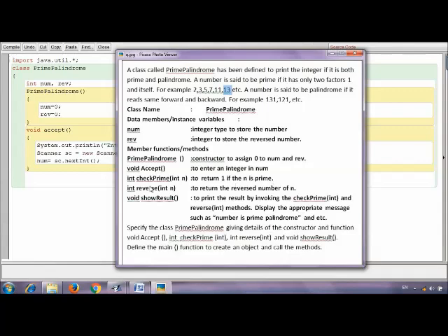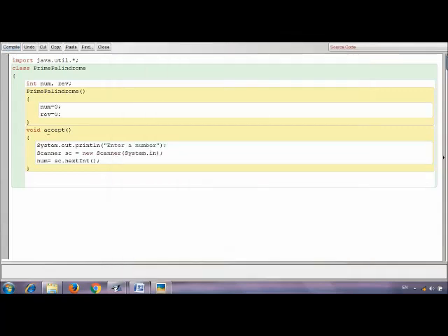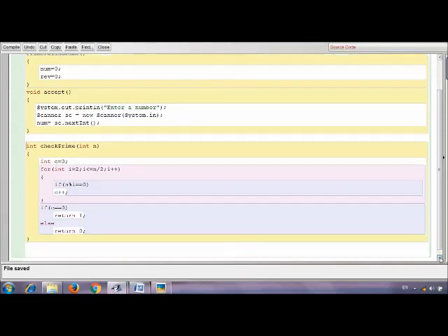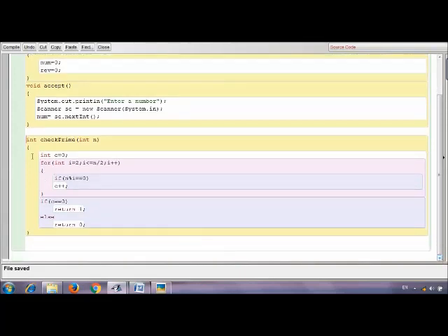checkPrime. This checkPrime function returns 1 if n is a prime. Here you can see that I have created the checkPrime function for you. See the for loop. Here you can see all the conditions associated with checking the prime.